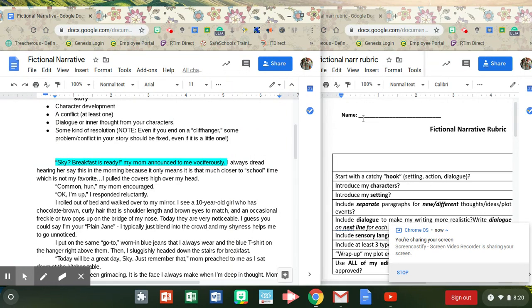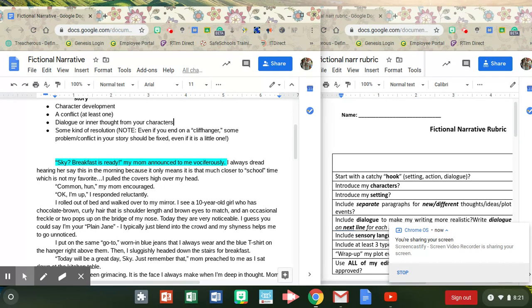It's a writing day. And now that we've hit most of the mini lessons, our last mini lesson being on the different types of endings, we're pretty set for starting to look at our fictional narrative rubric to see if we've included all the different components that would make our fictional narratives even more entertaining, because that is the purpose